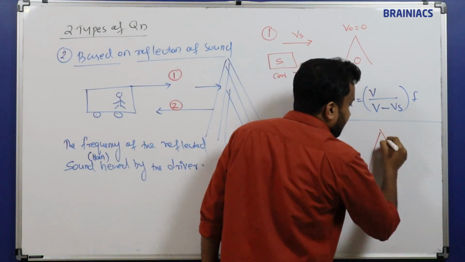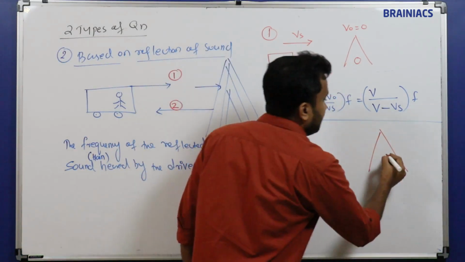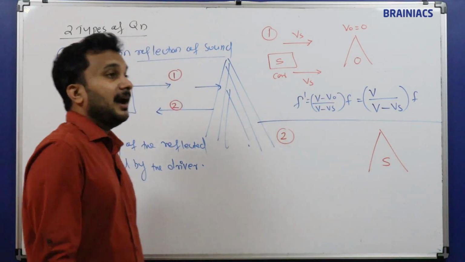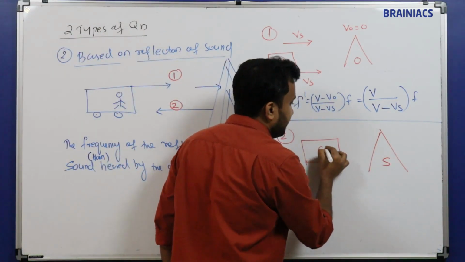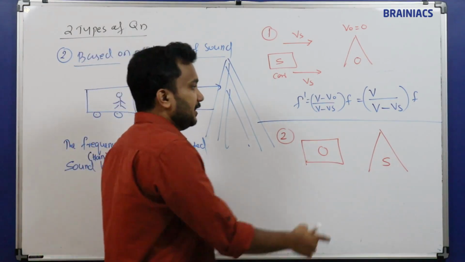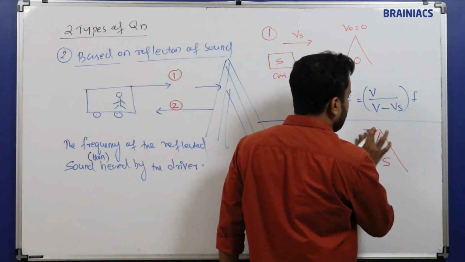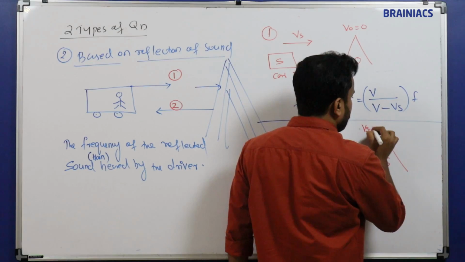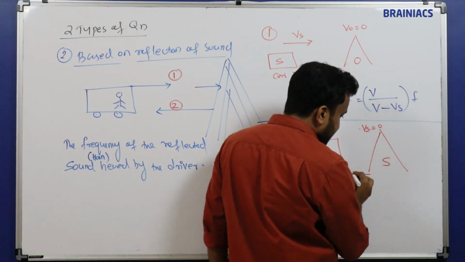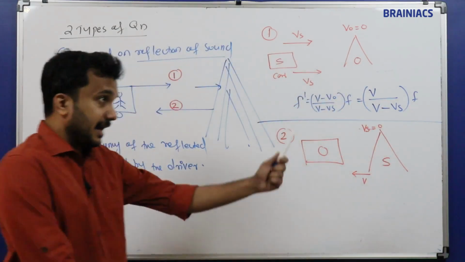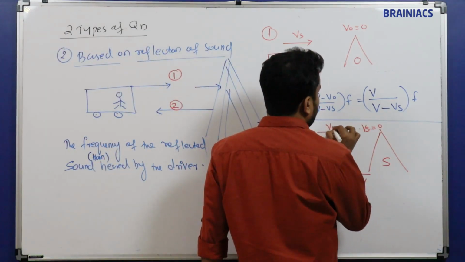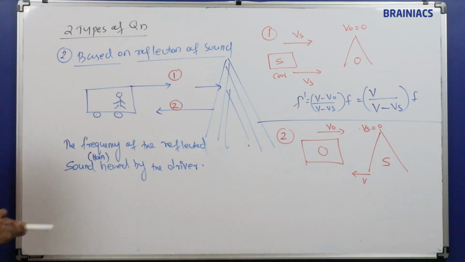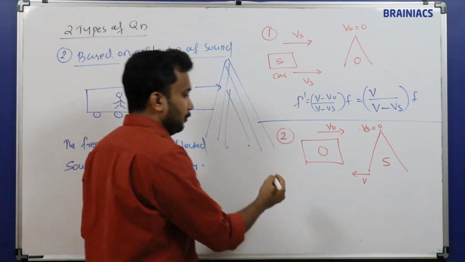Yes, he will be the source. Now he is converted into source and the driver is now the listener. So the car and he is the observer. Whether this is a source and this source is moving? No, now he is the source. Source equal to 0. But this is the velocity of the sound wave direction, reflecting wave. But car is still moving, which means observer is moving like this. Now we'll apply to the formula over here.